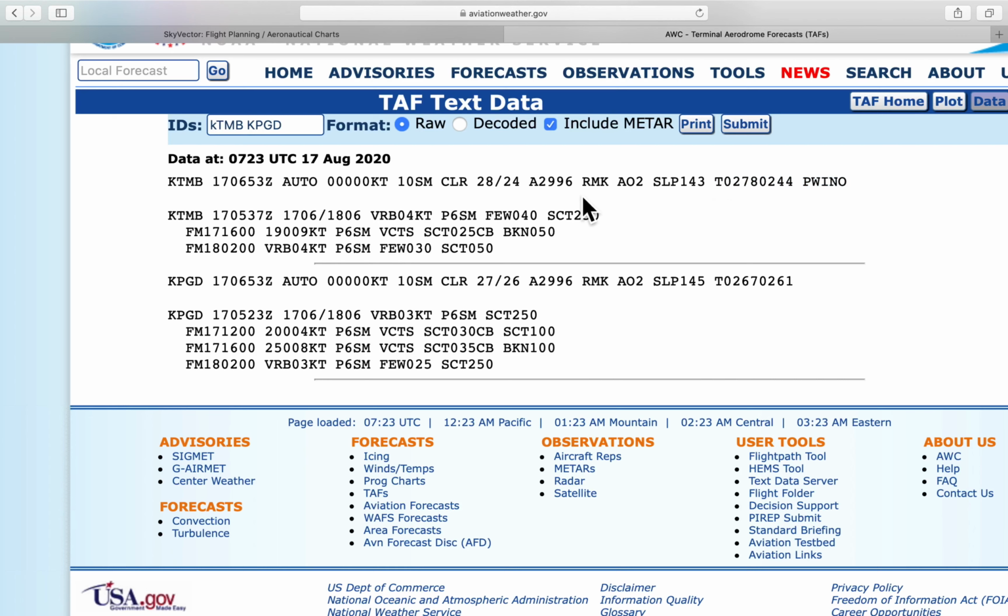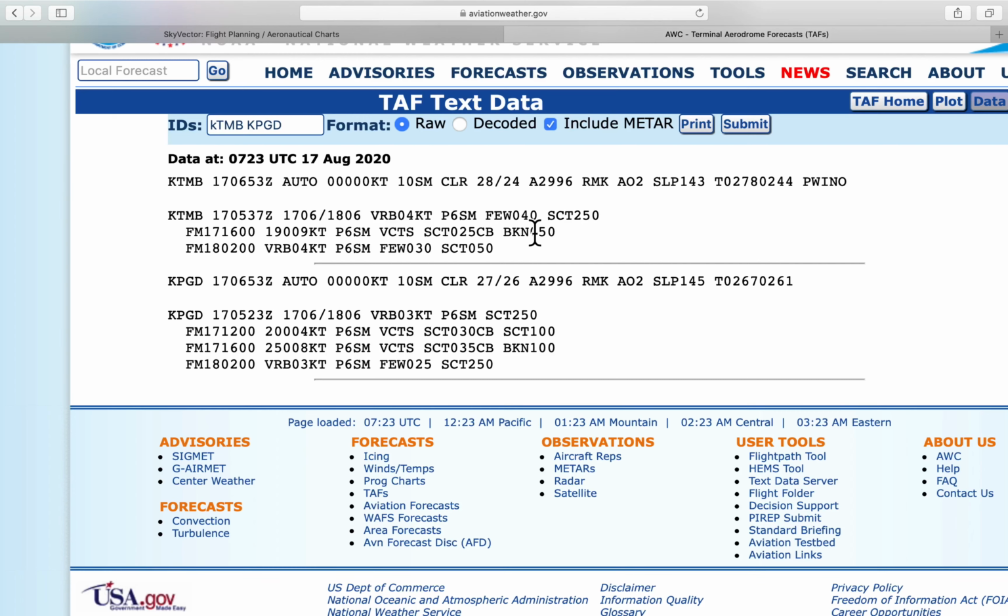And as you can see, this is the accurate temperature. Here it is 28 degrees Celsius, but here the accurate temperature is 27.8 degrees Celsius and the dew point is 24.4. So this is the accurate temperature and dew point. This is sea level pressure, which is 143.